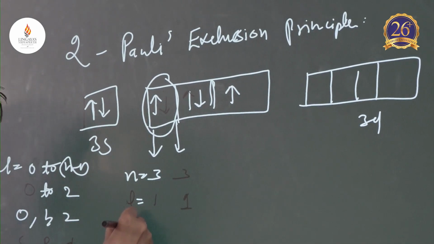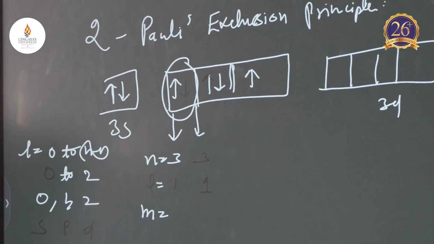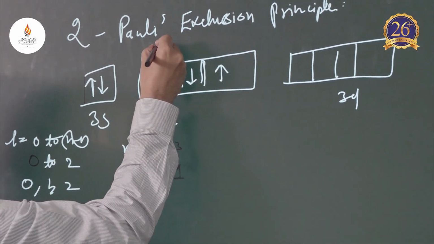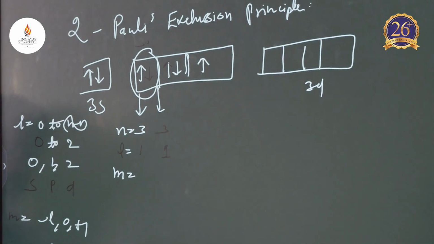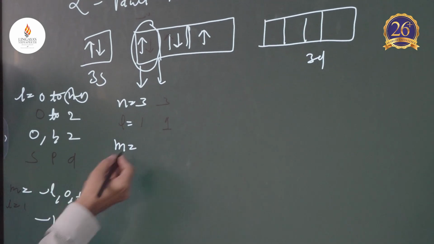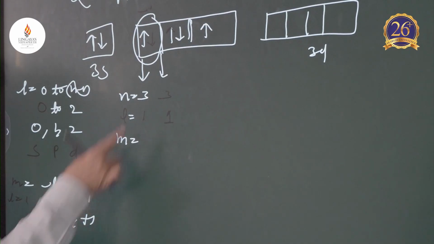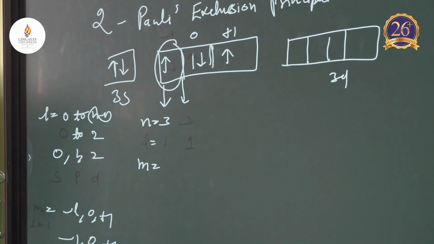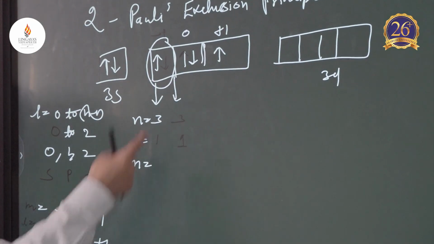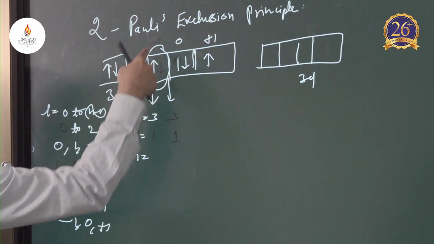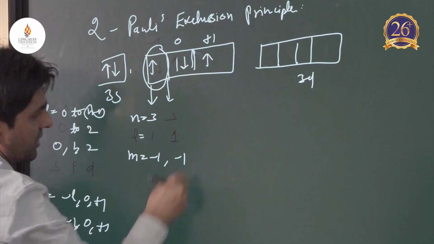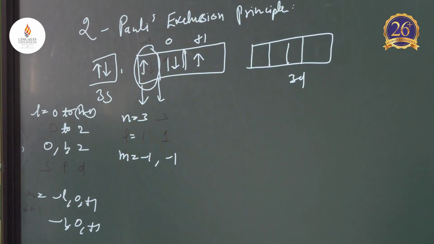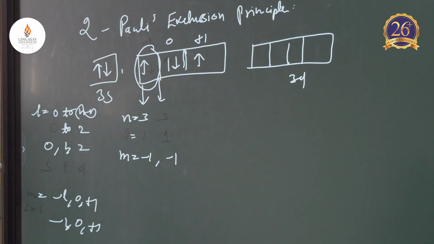If we talk about m, you know that m equals minus l, 0 to plus l. Because l equals 1, the values are minus 1, 0, plus 1. There can be three values of m, but we are discussing only this orbital. For both electrons, m equals minus 1. Now, what is the principle saying? No two electrons can have